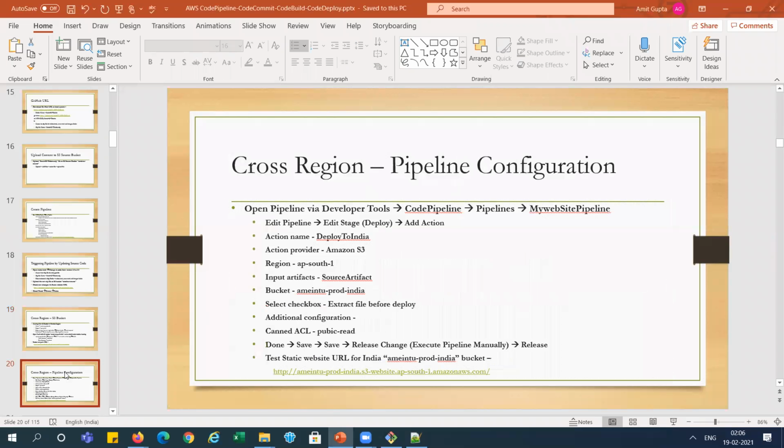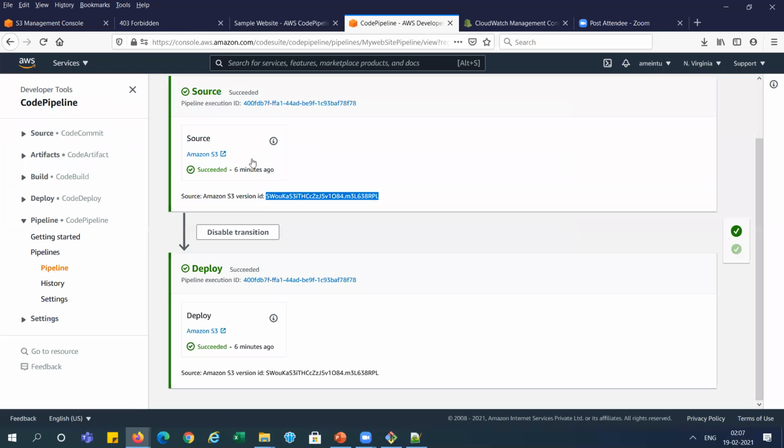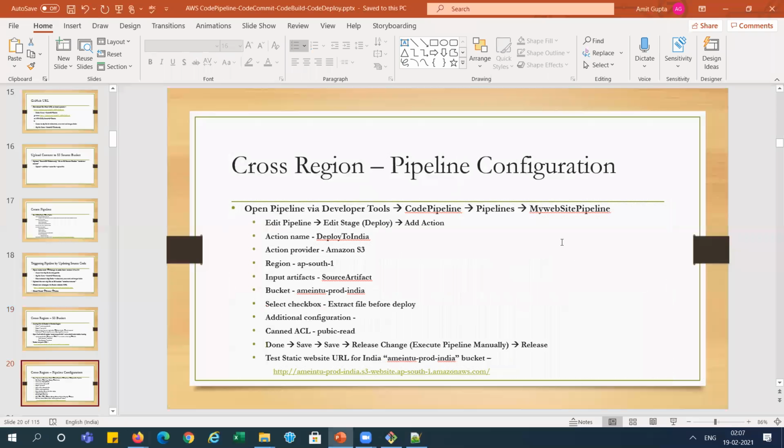Now we need to update the pipeline configuration, because we have added this cross region. So we need to open the pipeline. I've given the full path, so let's open this. This is our pipeline, and we need to change some settings over here. We are already here, my web static pipeline.